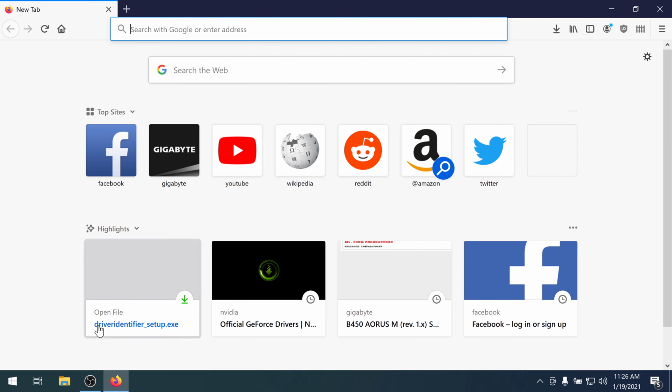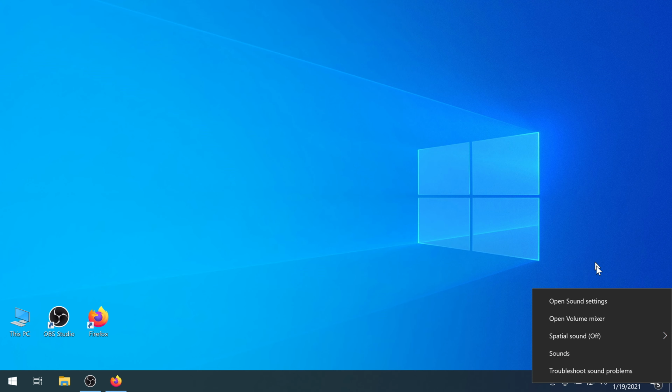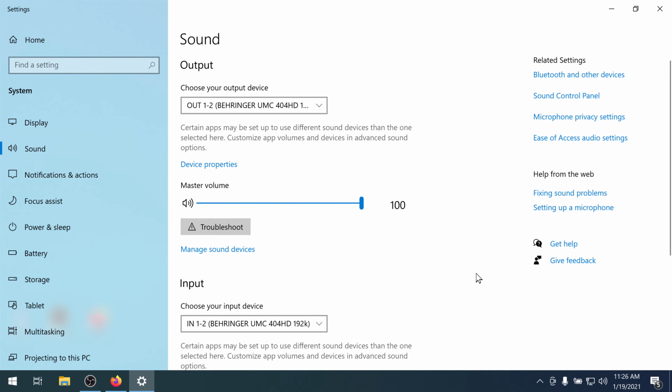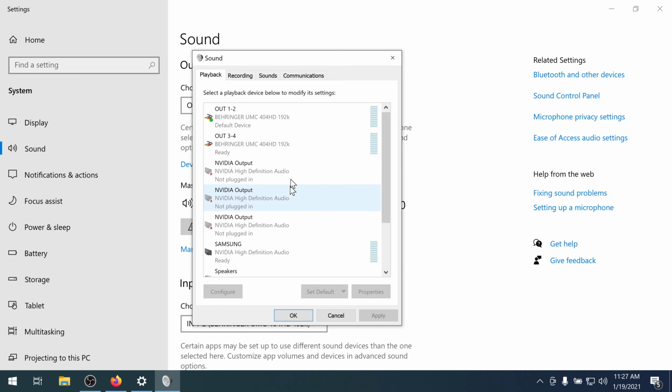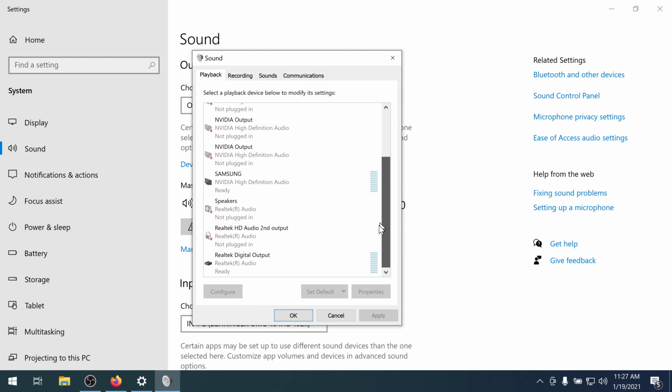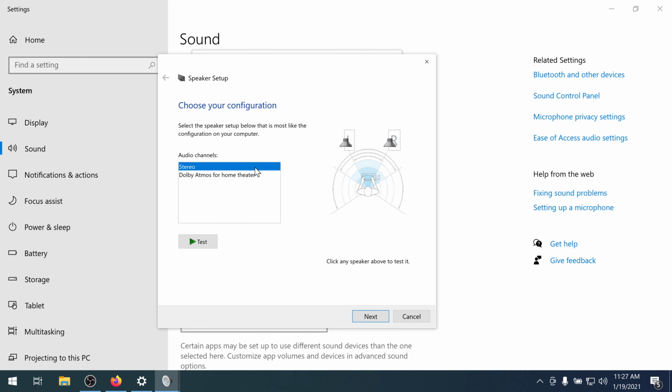Okay, now to configure your audio settings, go here, open sound settings. On the right there is the sound control panel. Go there and this opens. I am using an audio interface, so it's a little different, but I will show you here on the TV. Just click configure. If you have a normal system, it will ask you if you have small speakers or large speakers. Just select the one you have.